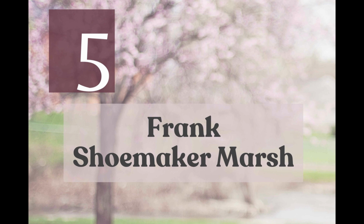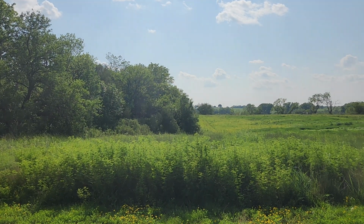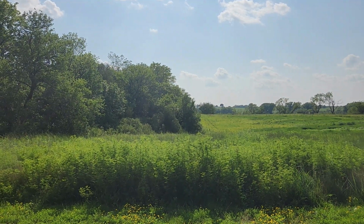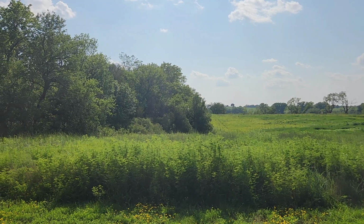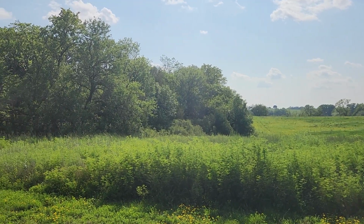Okay, my next location is the Frank Shoemaker Marsh. This may be the one that's the least known from people who live in the Lincoln area, and that's because it's not really marked at all, and it's way on the north side of town. It's actually north of I-80,